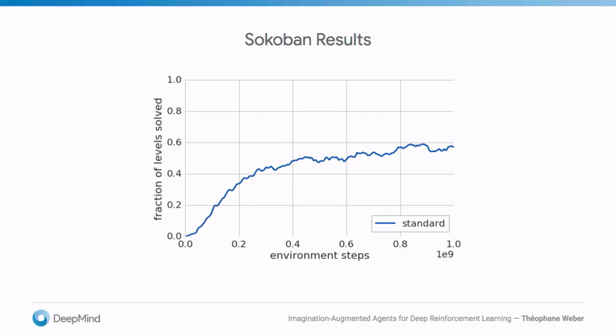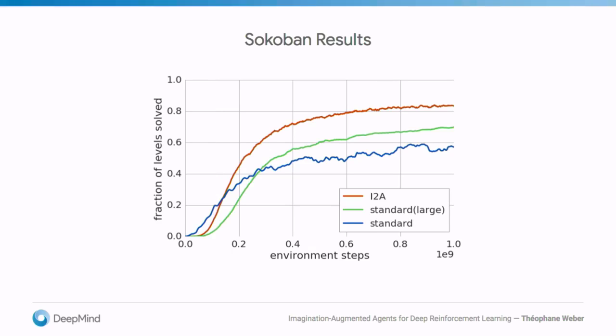Okay, so now we augment the model-free path by the imagination path and train the agent, and we find that this leads to a strongly increased performance, and it solves almost 85% of levels. The little blue line here is indicating the amount of training data roughly required to train the model. Okay, so you could say it's not entirely fair, because I2A has more parameters, so maybe the standard agent would do better with more parameters. So we build another standard agent, which has the same number of parameters, and we find that it is indeed better, but worse than I2A, so it solves about 70% of levels.